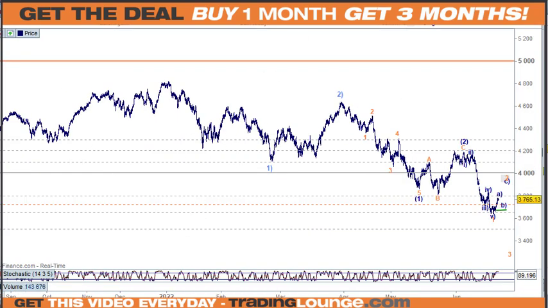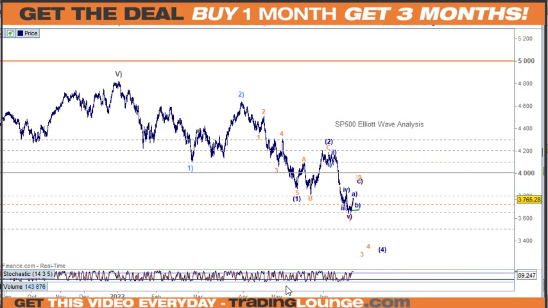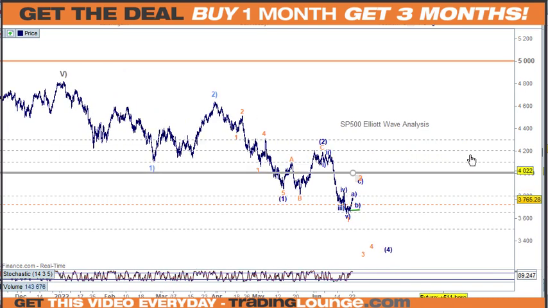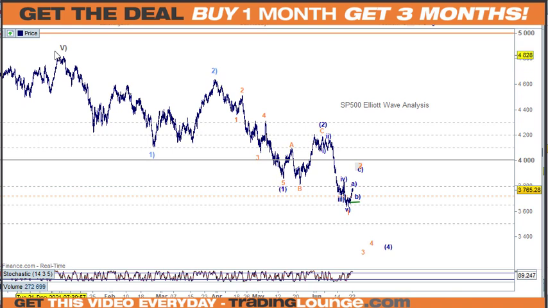So from the top here, we can look at this as the, let's put a V there. That's the grand super cycle top. But there are cycles bigger than that as well, but we won't go there just yet. So in this case, we're looking down for wave 1 and 2, and then wave 1 and 2, and then